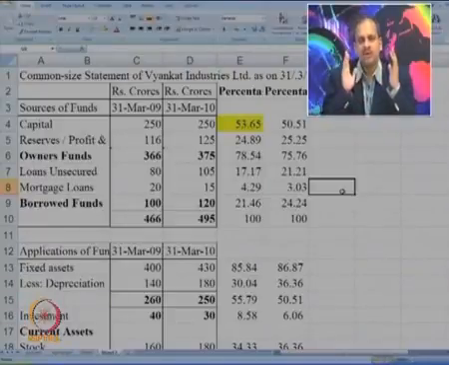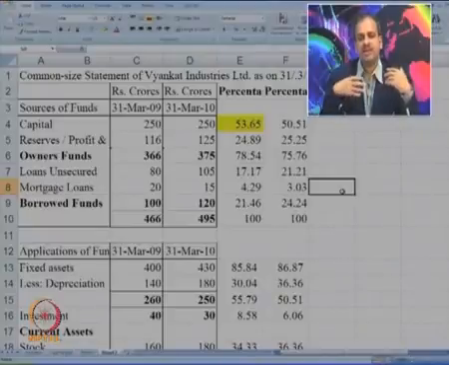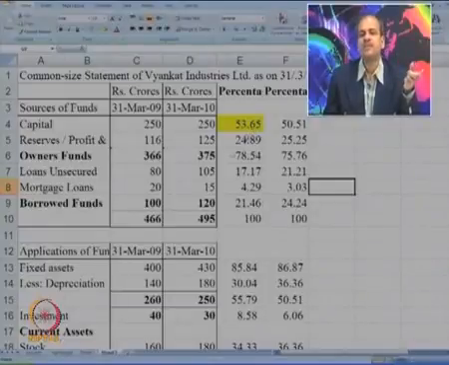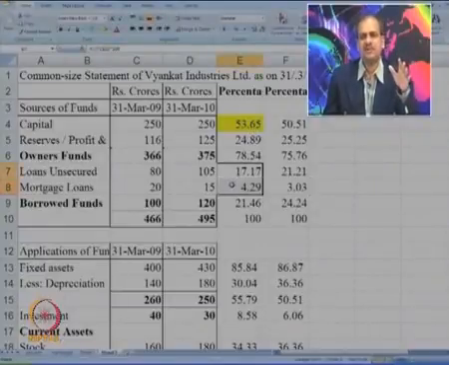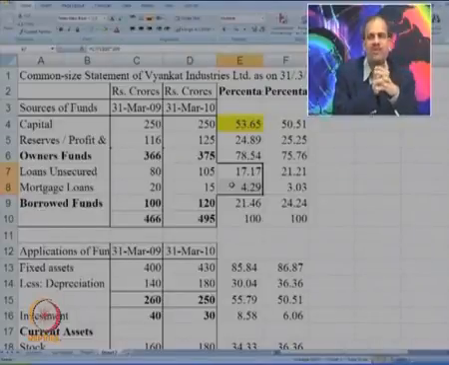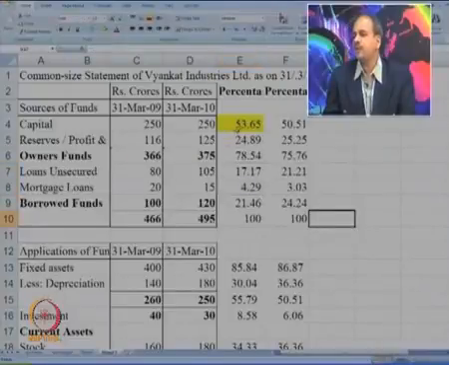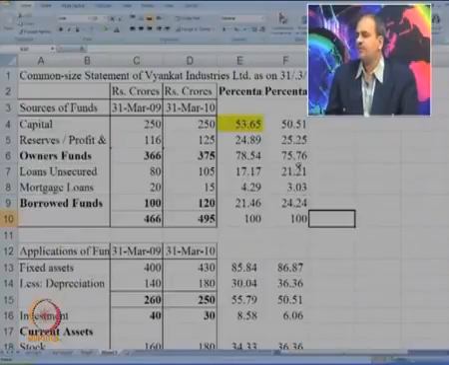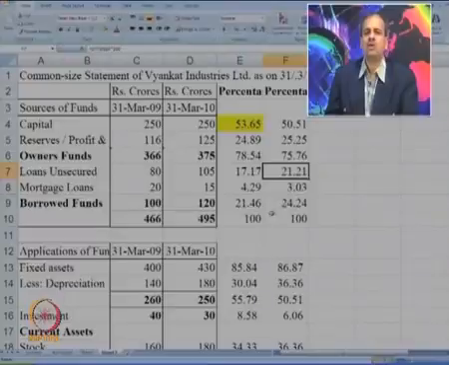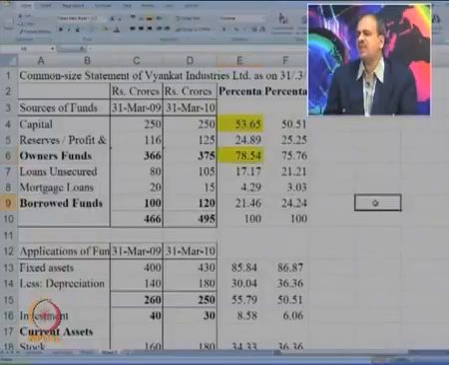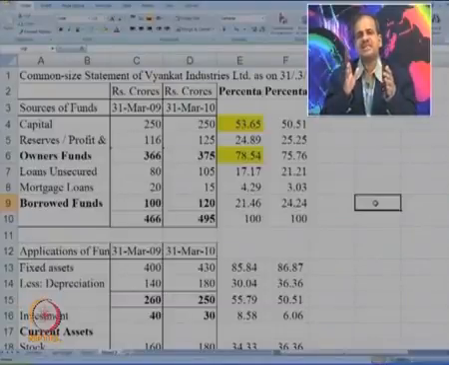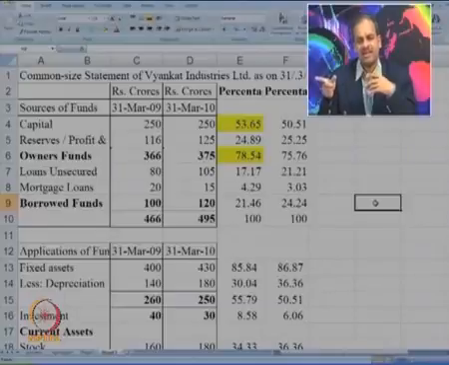Okay. So, owners have put in a significant amount of money. Maybe the company has still not grown, they do not have a very high amount of accumulated profits as compared to owner's fund, and the loans which they have taken are much lesser. Maybe they have a policy not to rely on borrowed funds, which you can see from here. If you try to compare, you will realize that the percentage of unsecured loan has slightly increased, or the total loan has increased from 21 to 24, but still the company is largely financed by owner's fund. Okay. So, vertical analysis or a common size statement, as you can see here,